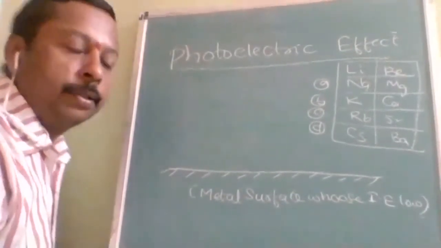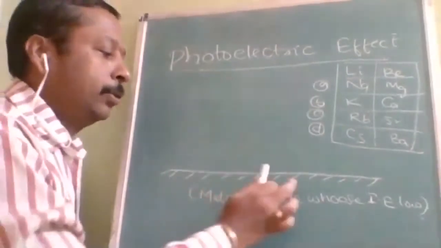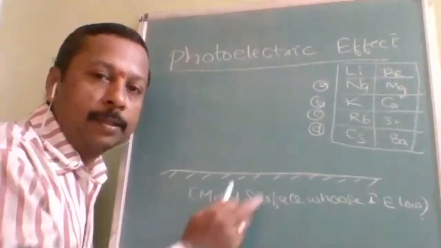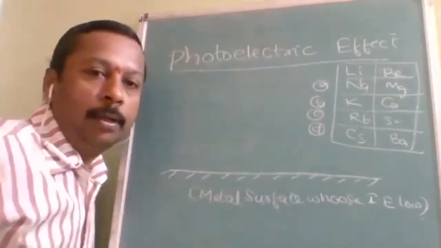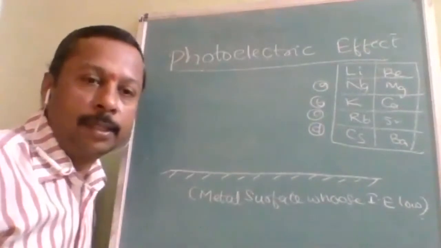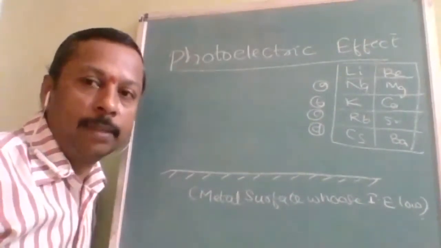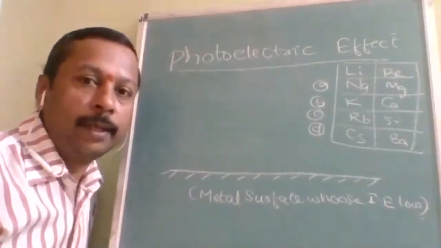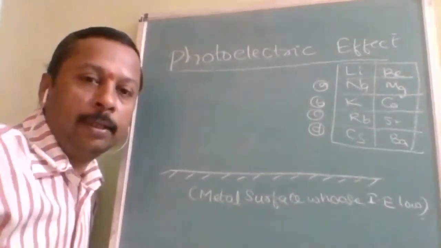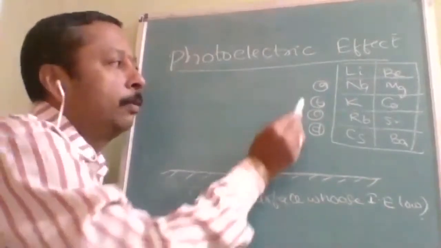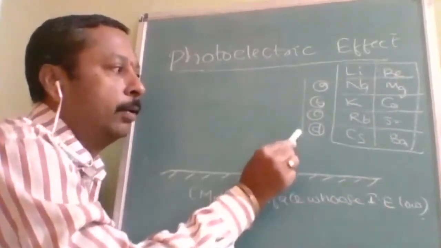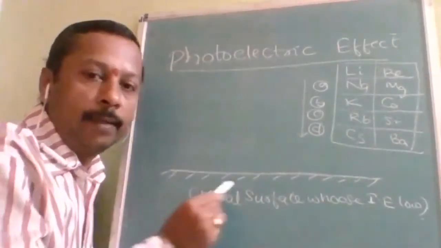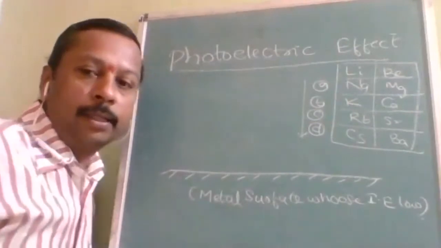What are multi-concept questions? In the olden days, it was a fill-in-the-blank sentence. But now one question combines this chapter, atomic structure, with this chapter, periodic table. Such multi-concept questions are framed without going outside the syllabus. According to the periodic table, ionization energy decreases down the group. According to the photoelectric effect, the metal with the lowest ionization energy is preferred.